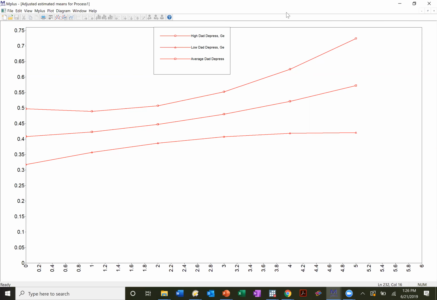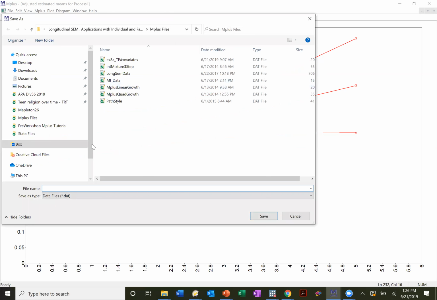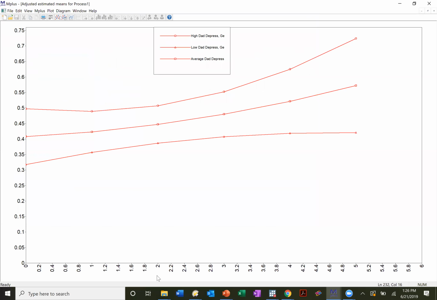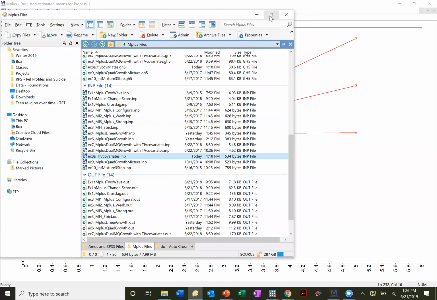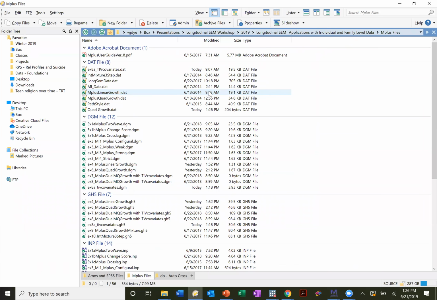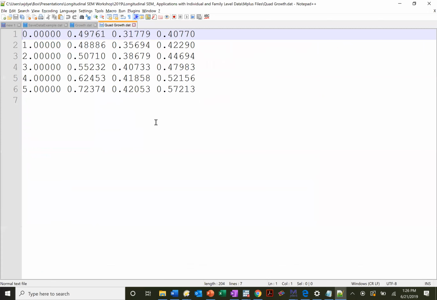And then if you want the prettier graphs, you can click on this, and I'm just going to save this as quad growth. You could obviously name that anything. I'm going to go back to my Mplus files, and I think I saved it in here, quad growth.dat. And those are the values. Right here are the values that it was using. So if I open up Excel,